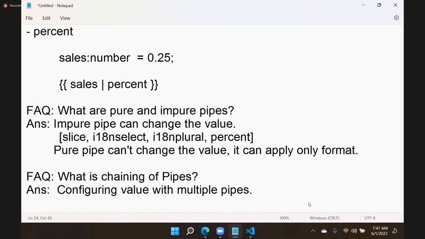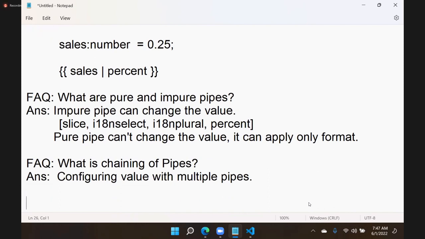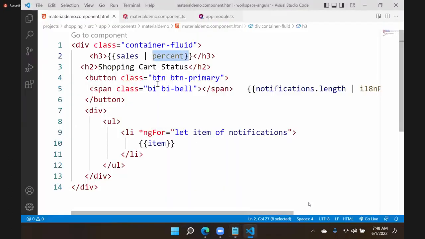This question may be asked in another way also. Can we apply multiple pipes to data? Can we apply multiple pipes to any value? For every value, multiple pipes are not suitable. Chaining of pipes is very common, you can do it. That means, can we use multiple pipes or not? That is the point. For example, suppose here